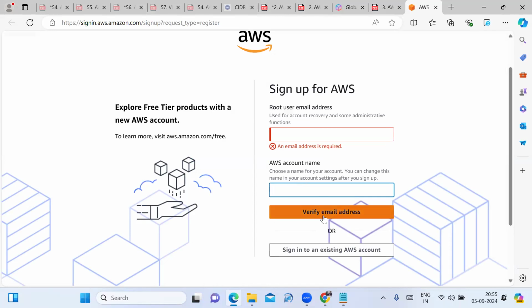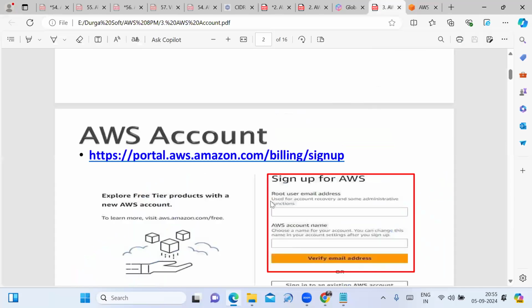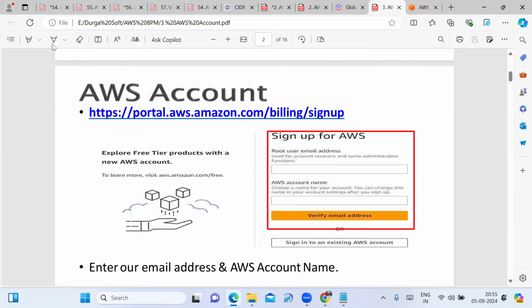And then we have to click on verify email address. The account name is globally unique. Already I have an AWS free tier account, that's why I'm not creating one; I am explaining with the help of screenshots.